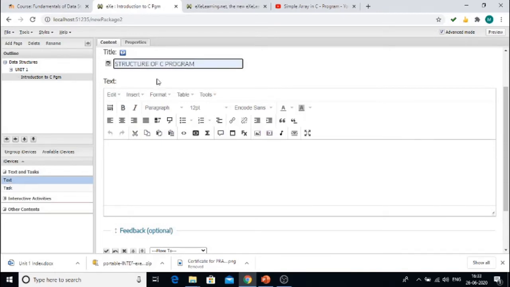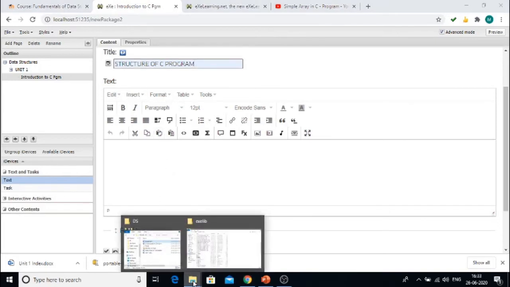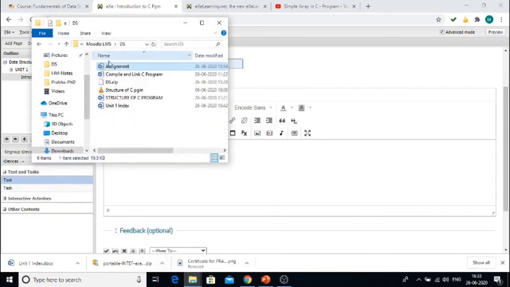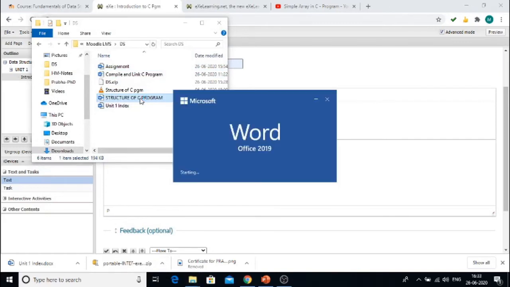For this I have ready-made notes available for structure of C program, or else you can type it, align it, or embed a source from the internet. So this is my text available.